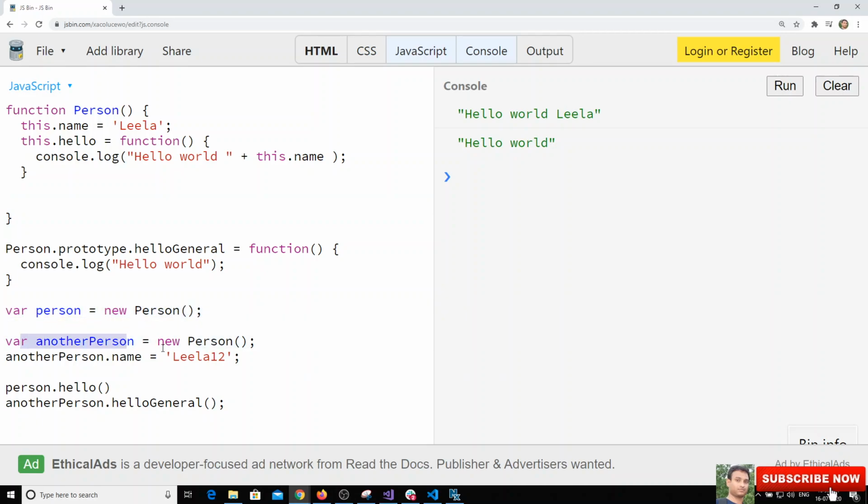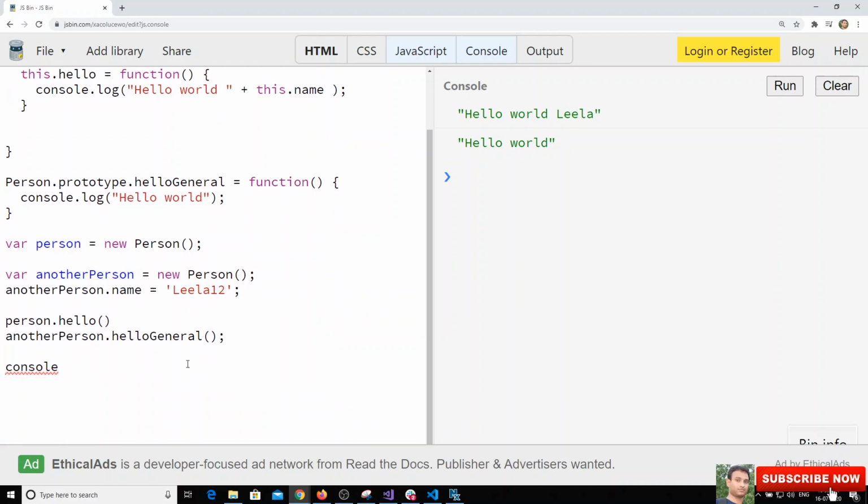Also you can check here with console.log person. This one is an instance. You can check like this with instanceof, I think it's a small letter, instanceof Person. If you want to check whether this is an instance of Person or not, you can check here and get the output as true. So this person is an instance of capital Person, and if we check with another person, it is also an instance of Person.